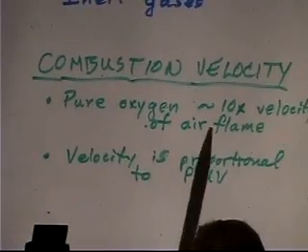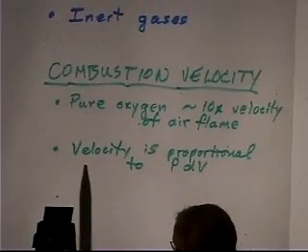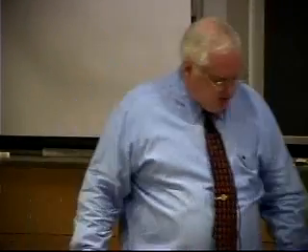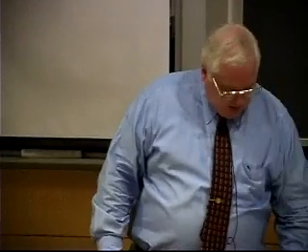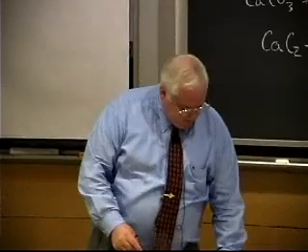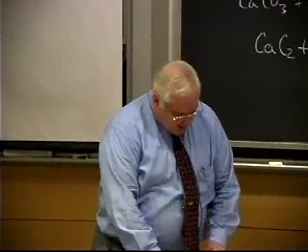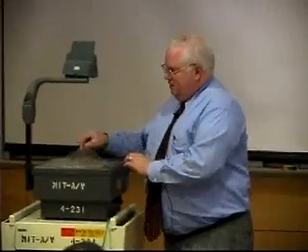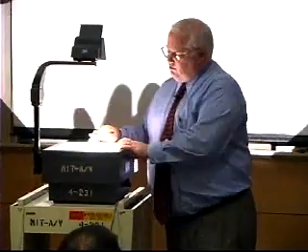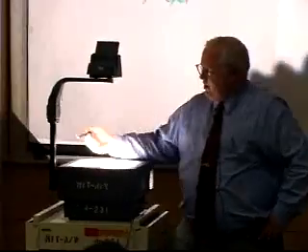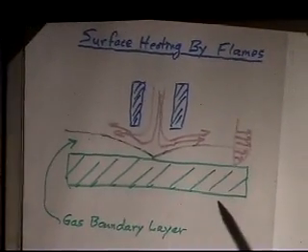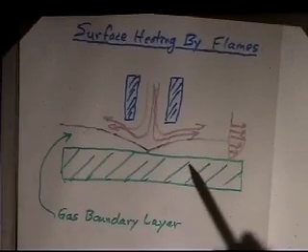Anyway, pure oxygen gives 10 times the velocity of an airflame, and the velocity is proportional to PDV work. So if I want to get high-intensity heat sources with flames, I've got to use oxyacetylene flames and run everything as hot as possible because of this T-squared dependency. Now, how come I only get 2 to 10% efficiency, even if I get these hot 3,000 degrees